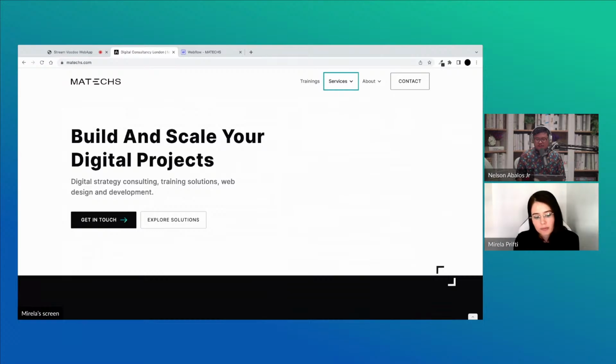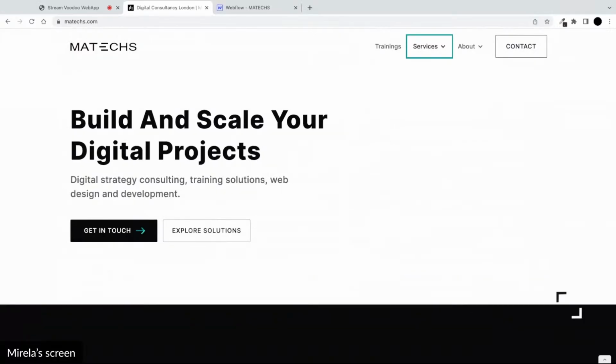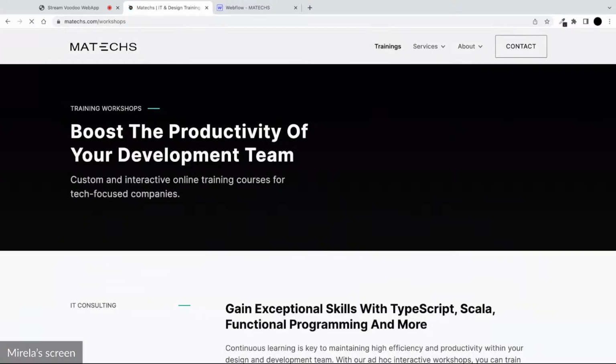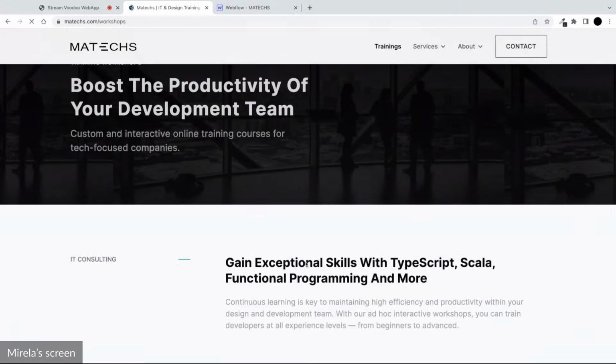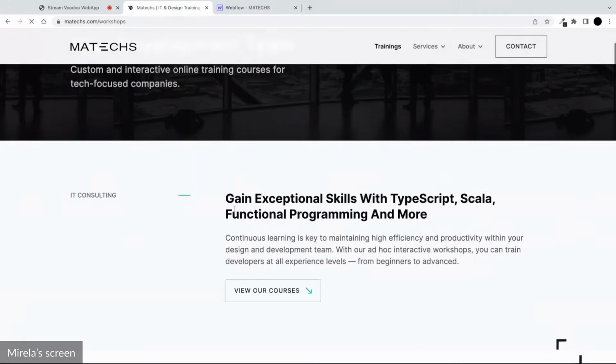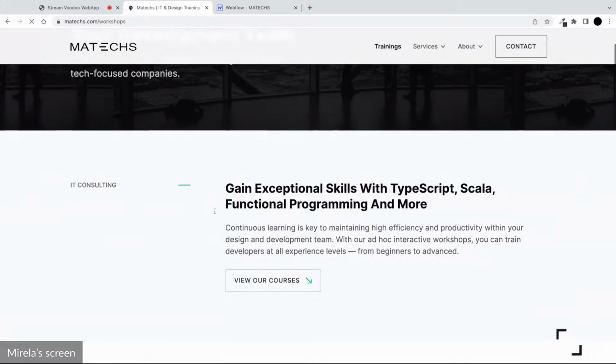And the same logic applies to links. So if I go back to trainings with Shift Tab and I press Enter, it will take me to the trainings page specifically. So this is a very simple way to test our links for accessibility.